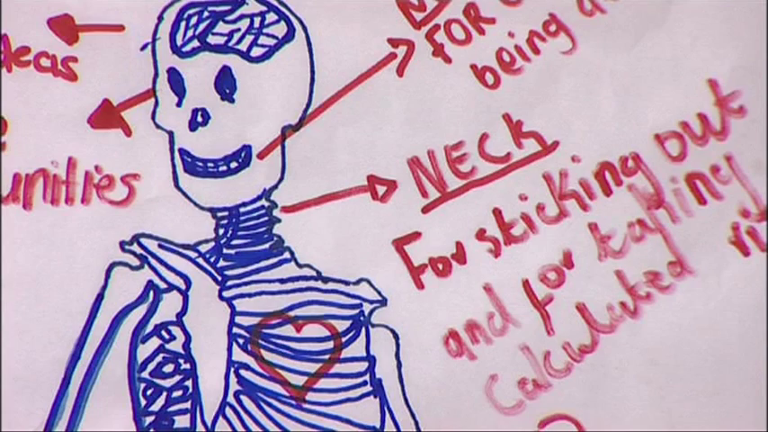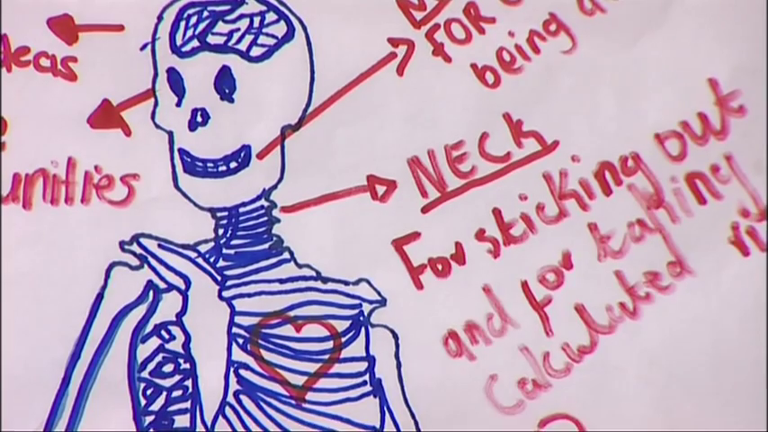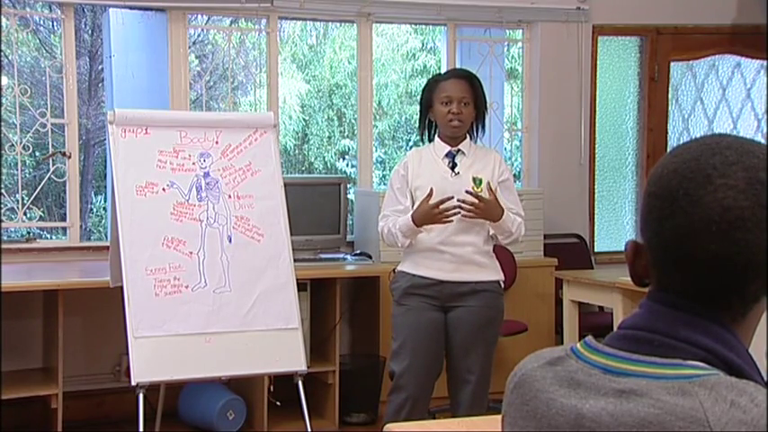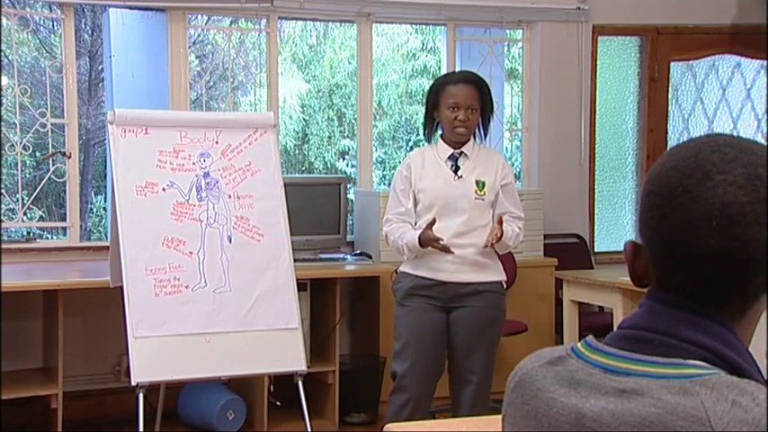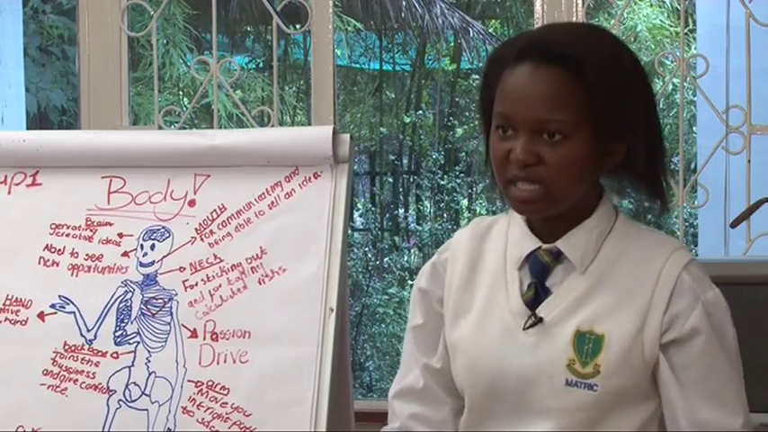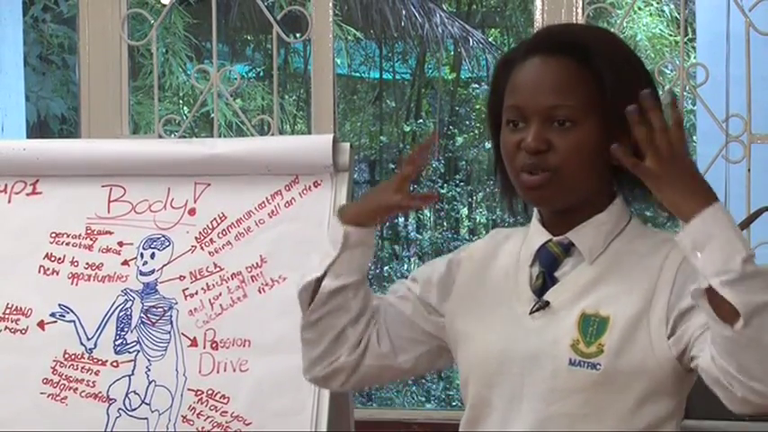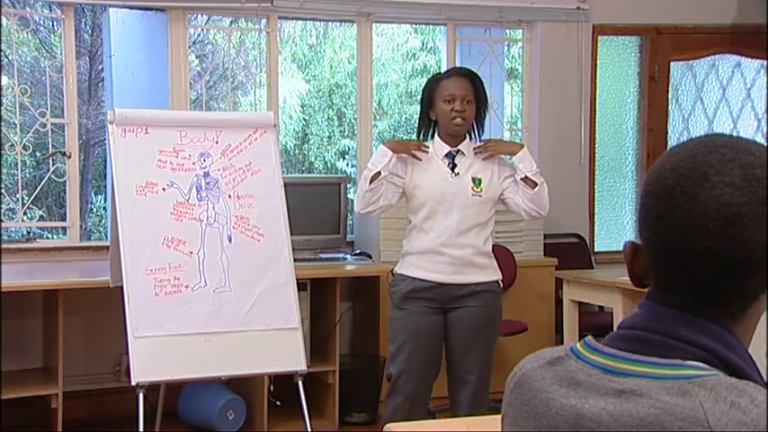Okay, and then here we have the neck. The neck, we said, is for sticking out and for taking calculated risks, because we know that when you open a business, it won't be easy. There'll be a time when you make money, there'll be a time when you don't make money. So you need your neck, and your shoulders, they work together, to carry the heavy load and